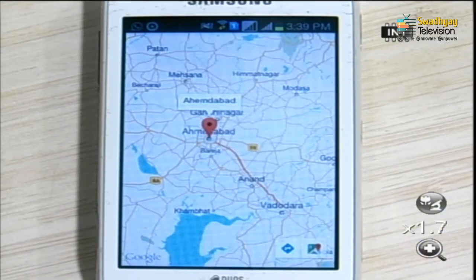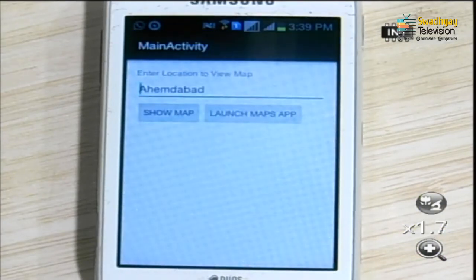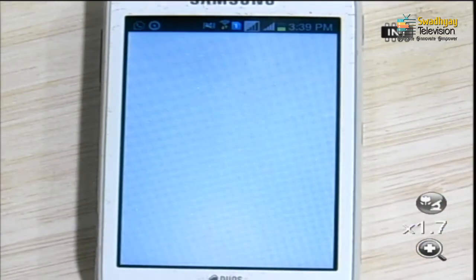Now, second, we try to find the place on the Google Maps application, which is downloaded from Play Store. So, here I am going back to my original activity and I press launch maps app. As you can see on the screen, it will open the maps application.